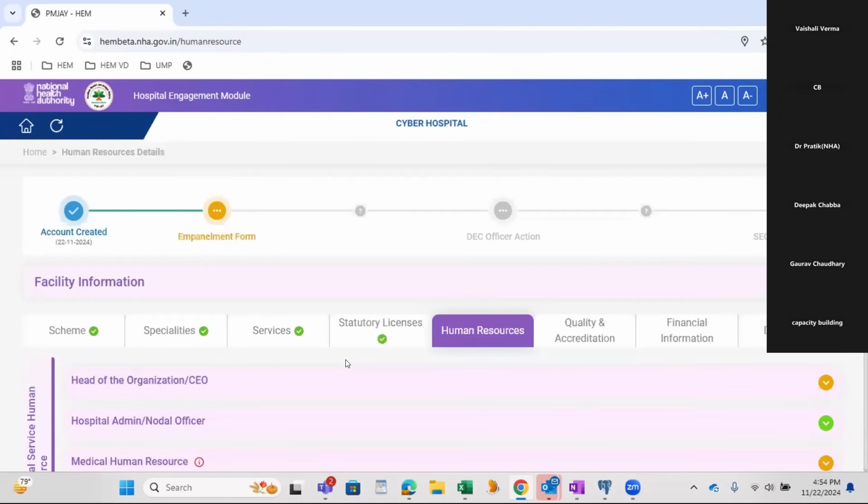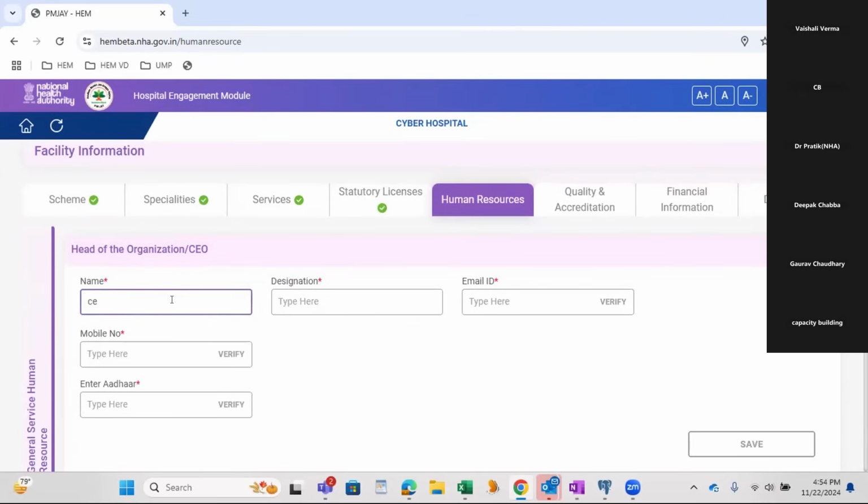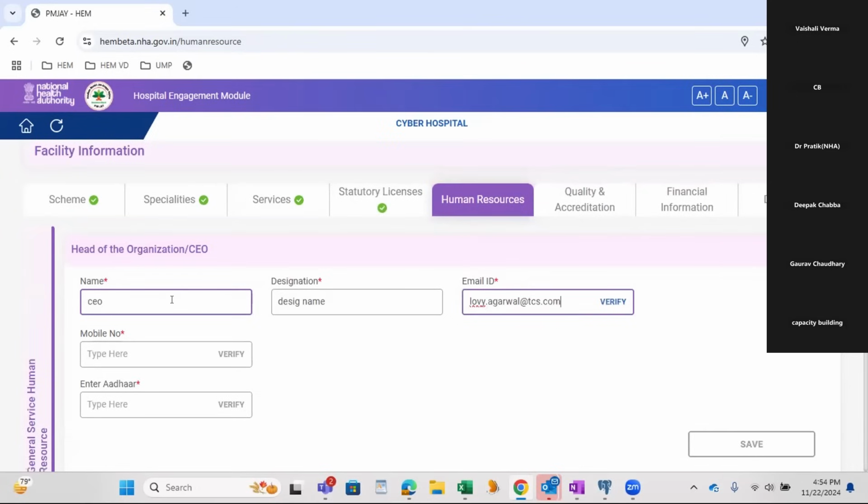This is a human resource tab. So Anshu, I hope I am going at the correct pace. No, it's not fast, everyone is able to understand. Can anyone confirm the pace is fine, or we can slow down if something is missing or if you're not able to understand? From the state team, if anyone can confirm. Okay, I think it's okay.